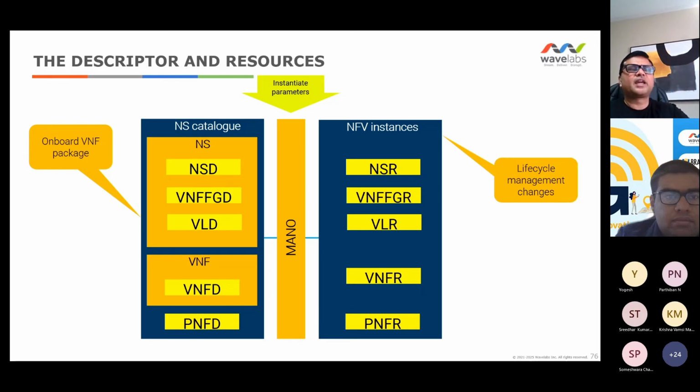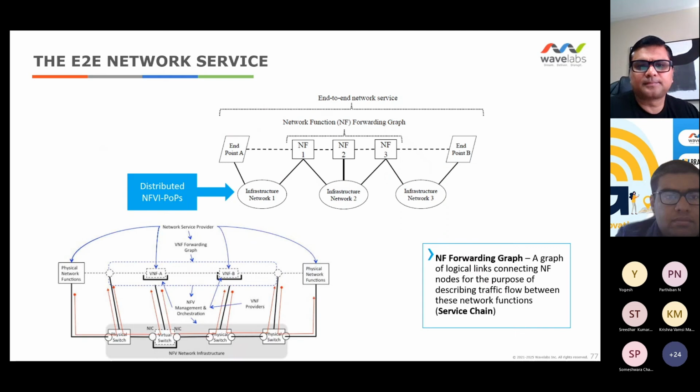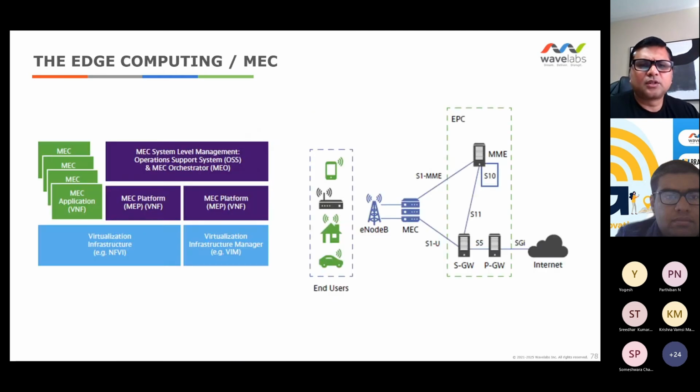There is a descriptor file that allows you to onboard and get the system up and running. And there is a resource file. The name could be different in different places, but there is a resource file that keeps the current state of the system, how it looks, how the network looks. Okay, so now